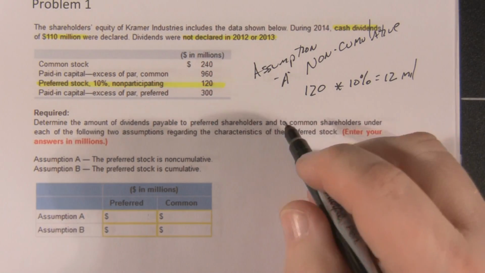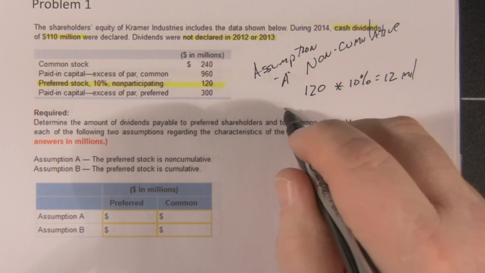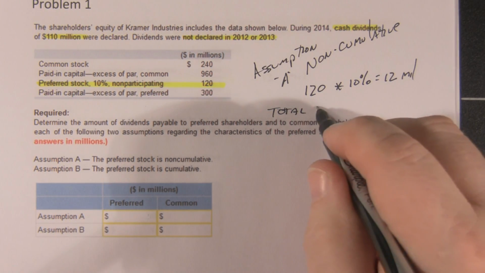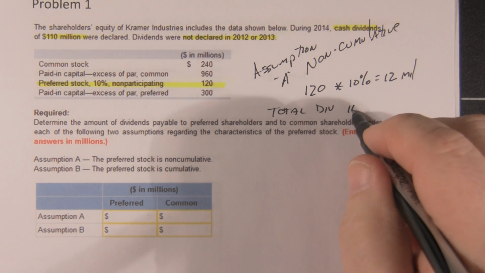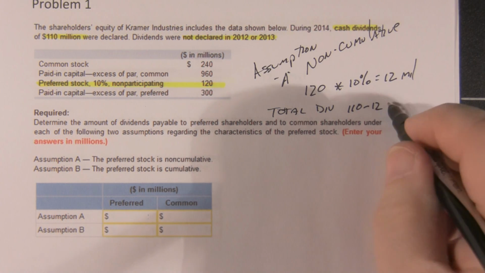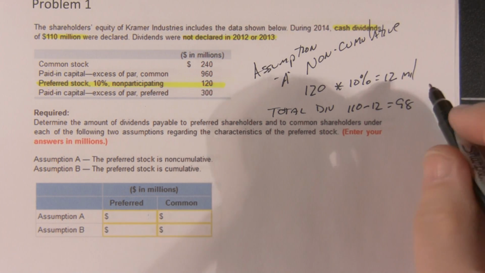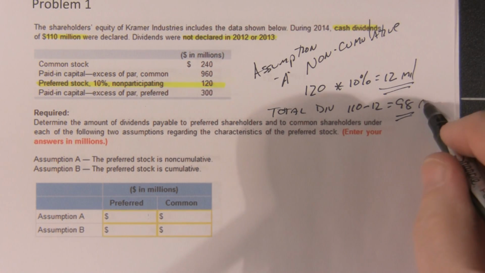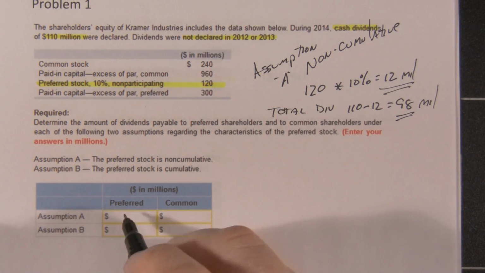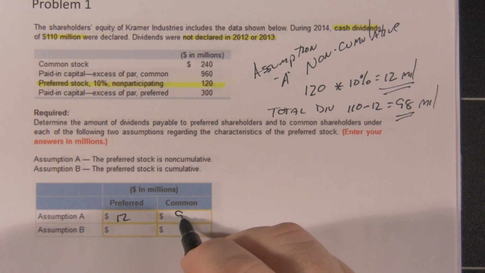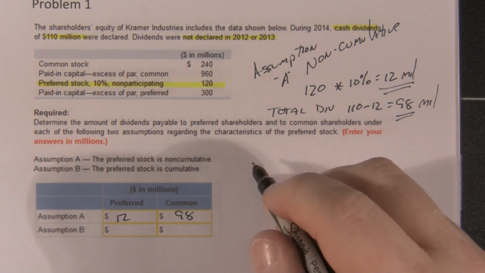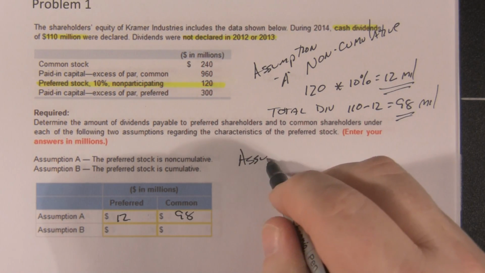Total dividend is 110, so the total dividend is 110. 110 minus 12 equals 98. So 12 mil goes to the preferred shareholders, 98 goes to the common. 12, 98. Now, the second assumption, assumption B,